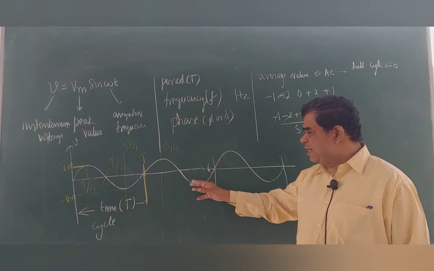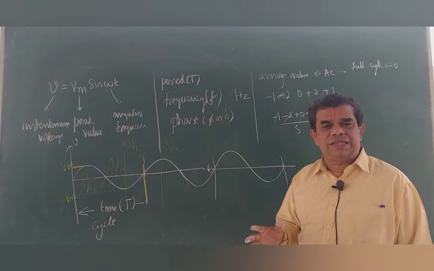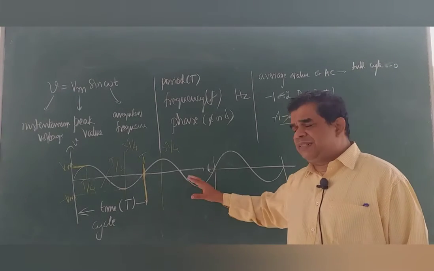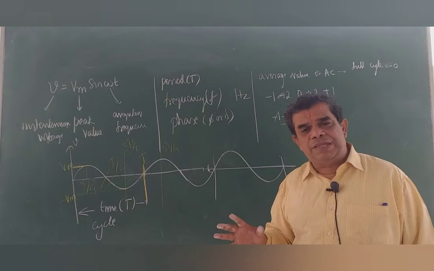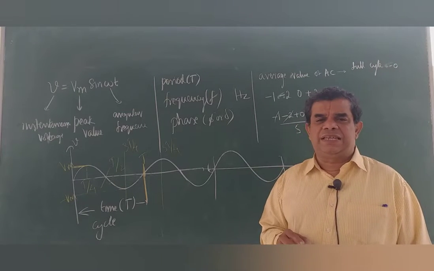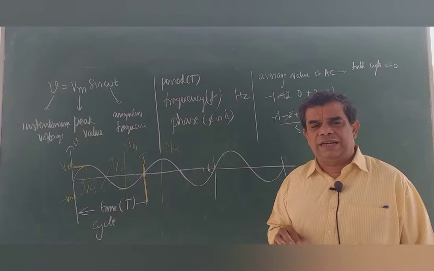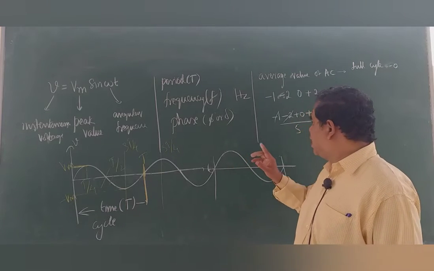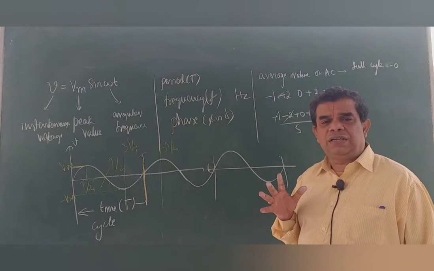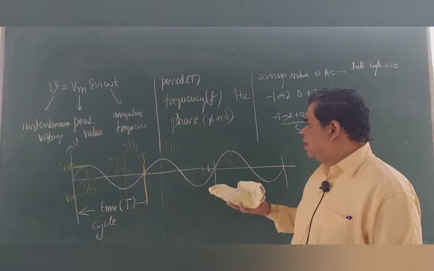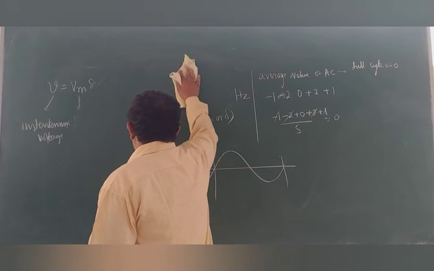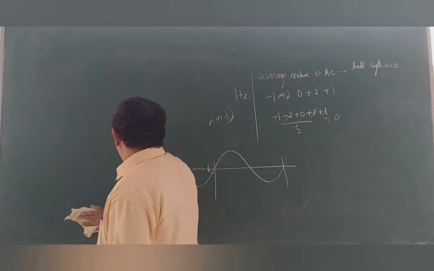In fact, the AC we have written is sinusoidal AC. Whenever we rotate a coil in a magnetic field, we always get sinusoidal AC. Apart from this, there are different types of AC, such as triangular AC or rectangular pulses, which we think of later on. But for the time being, we learn how to arrive at the expression for the average value of AC over one half of the cycle.